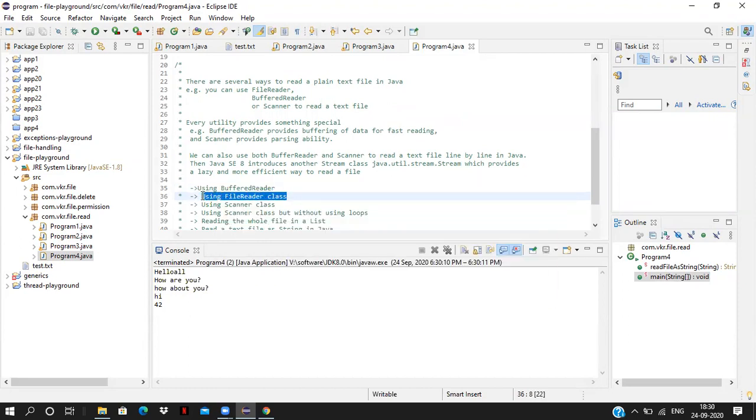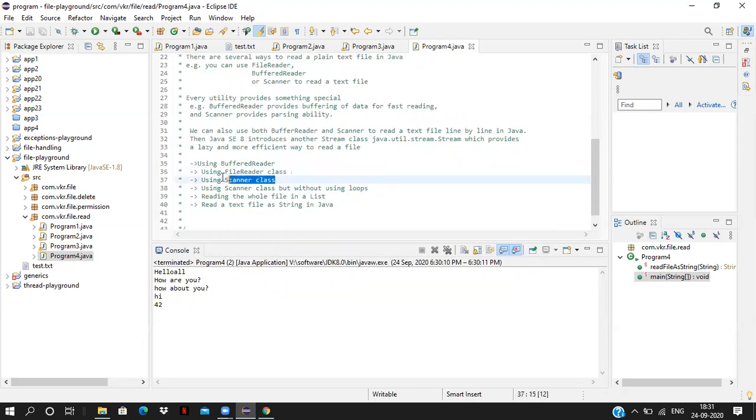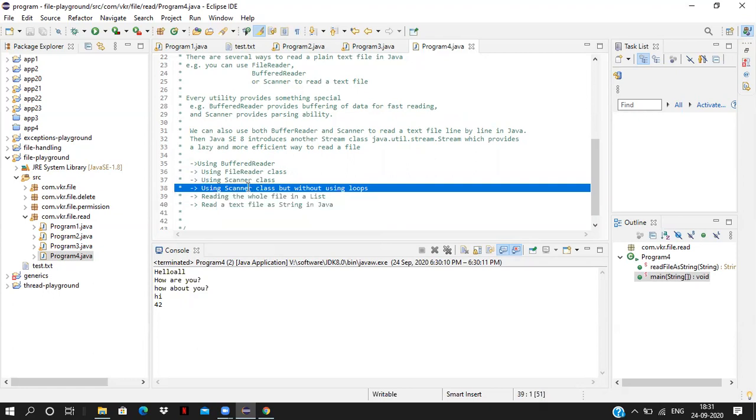Just create a FileReader and call fileReader.read. It will give the characters. Each and every character it will go up to the end of the line. If it is giving -1, then go to the next line. That is FileReader. So using Scanner we can read a file. Just create a Scanner object by using the file object and call hasNextLine and nextLine. By using that we can read a file. Using the Scanner object without using a loop, we can use the delimiter \Z as a string. By using this we can read a file.